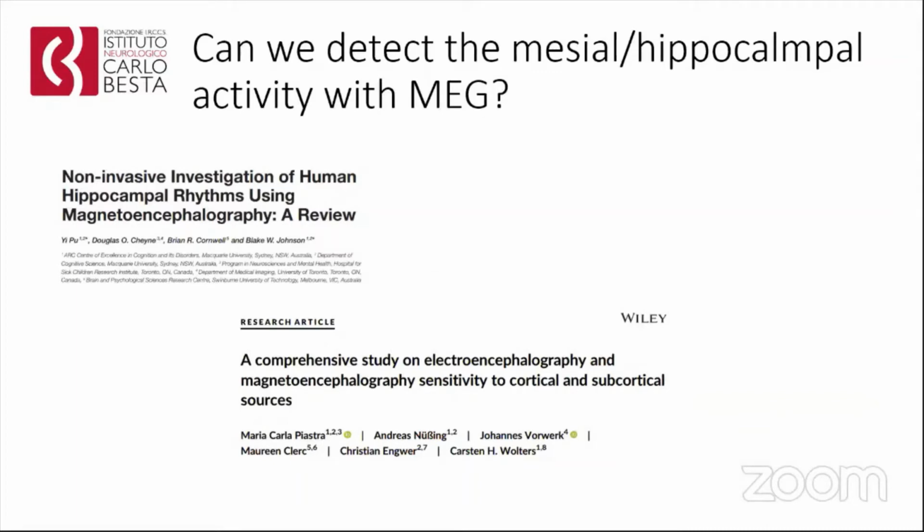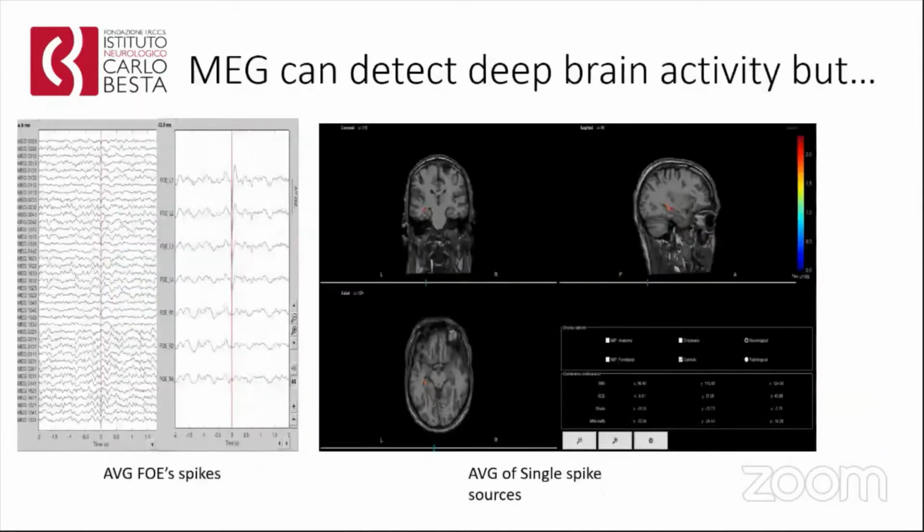And of course, it always shows us that using a better modelization, a better source, it can detect something. They already tried to do this with hippocampus and simultaneous stereo EEG and MEG. There is something, but of course we have a very low signal to noise ratio, so it's very difficult to find something.